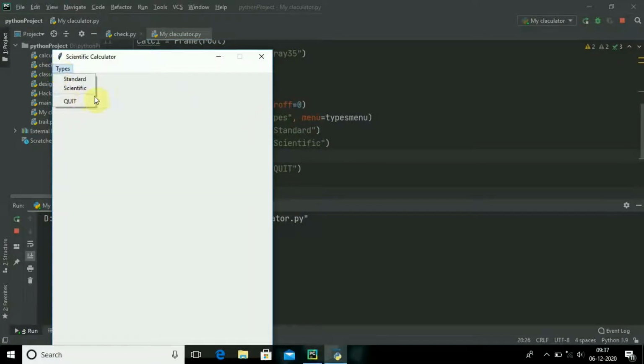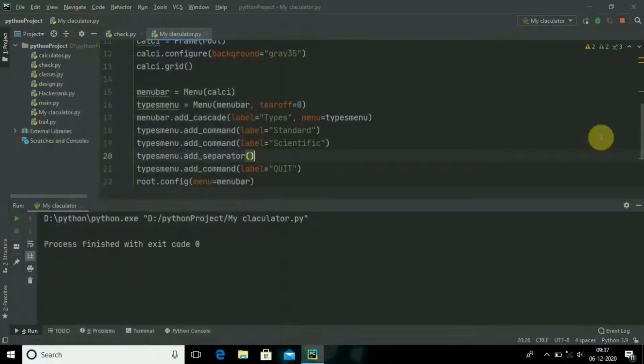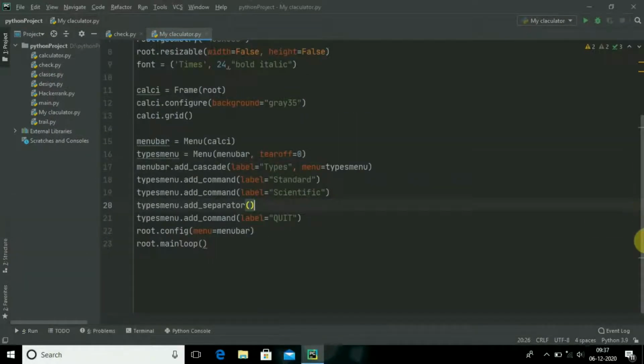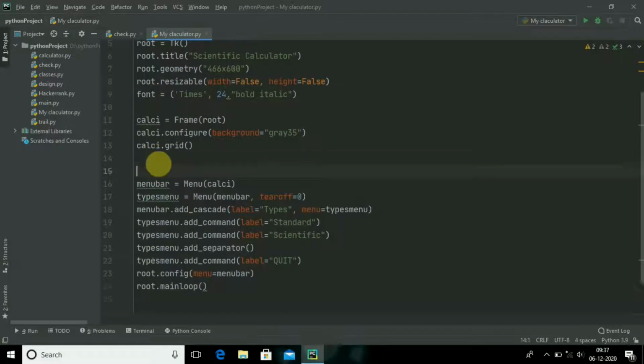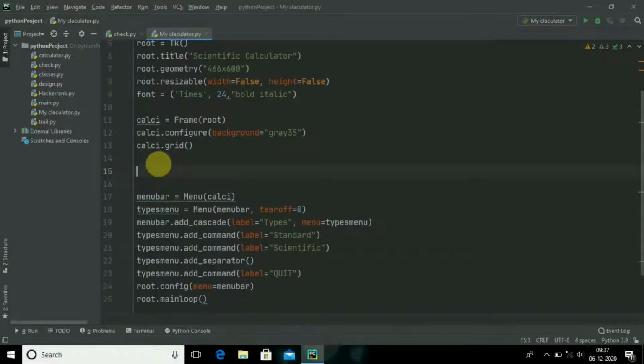Here you go. This is a separator line that I have created. There is no function going on here, so no need of it. Now we are going to write some functions for this standard and scientific.